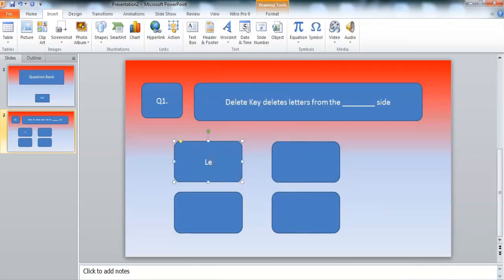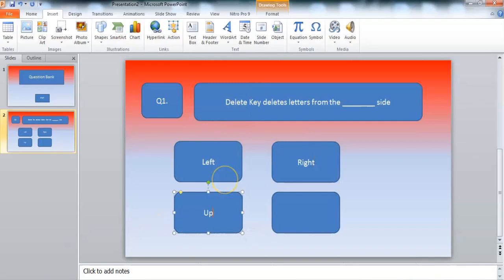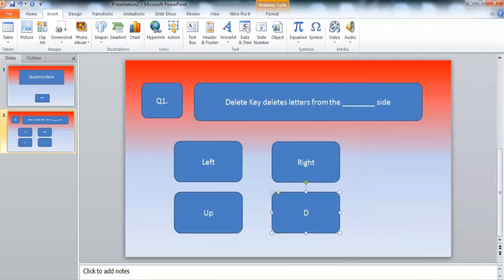Suppose this option is left. Right click, edit text. Suppose this option is right. Then this one is suppose up. This one is down. So user will choose his answer from here.